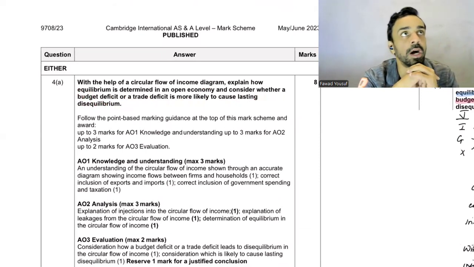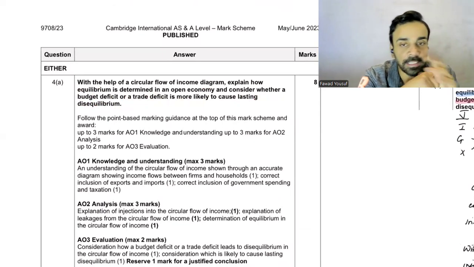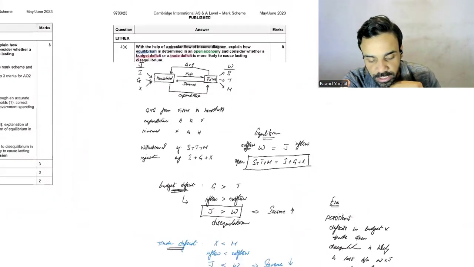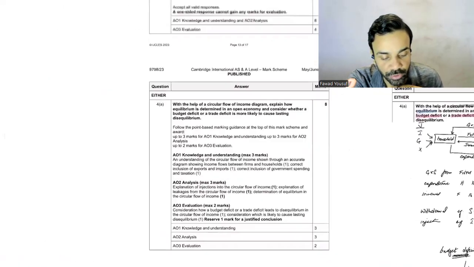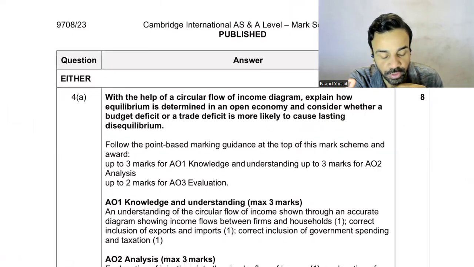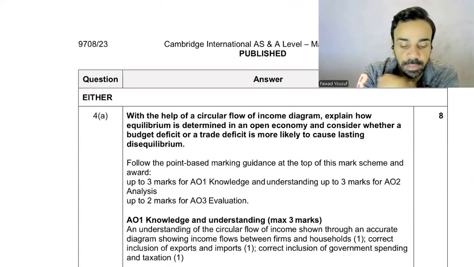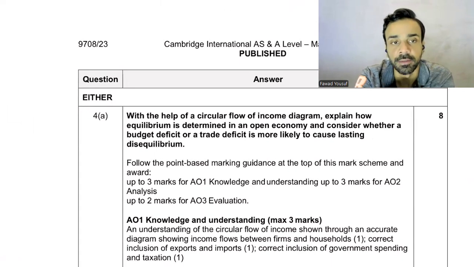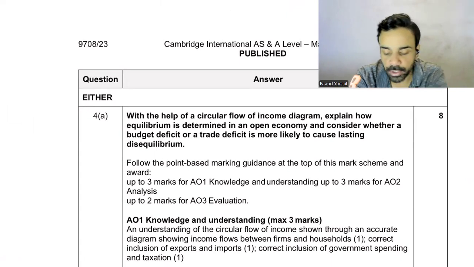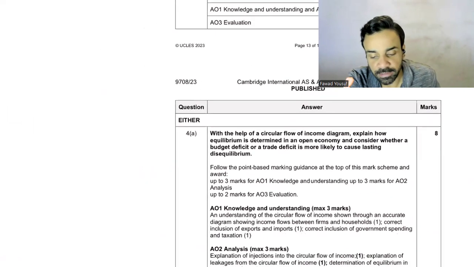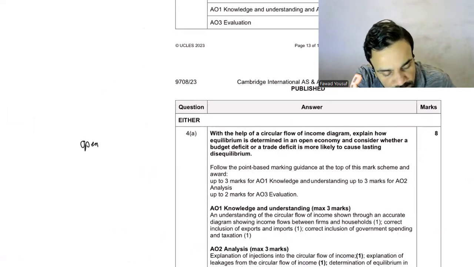How can I argue this, like this? I think the evaluation I suggested here is actually incorrect. This is what I should have done now that I've understood the question even better. They're asking to say whether the budget deficit will create a bigger disequilibrium or the trade deficit. So in that case, I think the discussion goes back to the openness